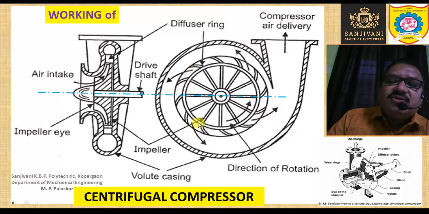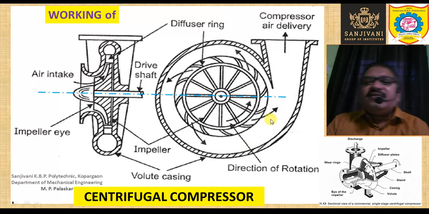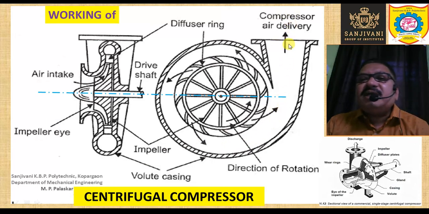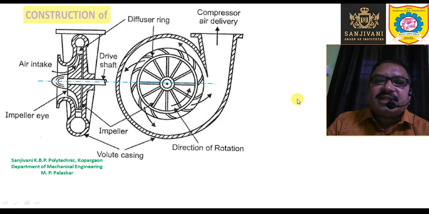And after that, due to centrifugal force, again the air will move outwards, and from the diffuser ring the air will move towards the volute casing, in the outward direction, in the space between the volute casing and this particular impeller diffuser. So in this space, due to the volute shape, there is further conversion of kinetic energy into pressure energy, and further increase in the pressure takes place in this volute casing, and this high pressure air is discharged through this particular outlet of the centrifugal compressor.